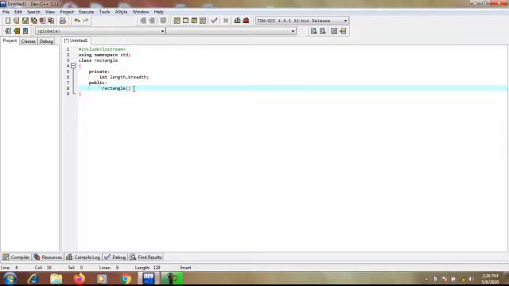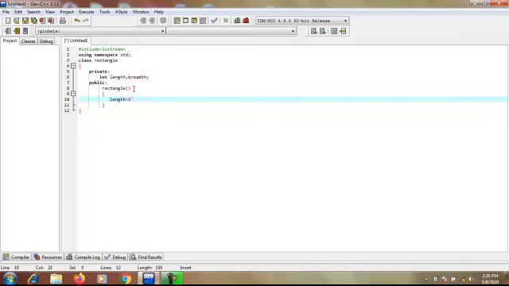Okay, here I give some values which are declared by default. The value 0 is initialized to the data members. So length equals 0 semicolon, then breadth equals 0.